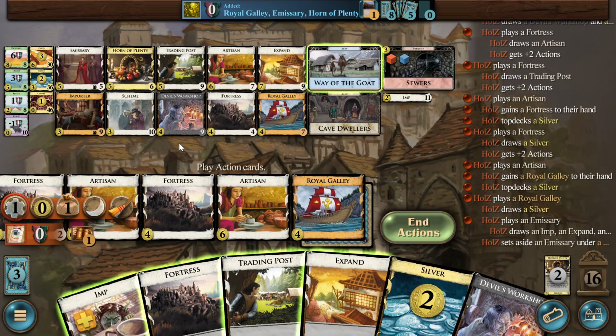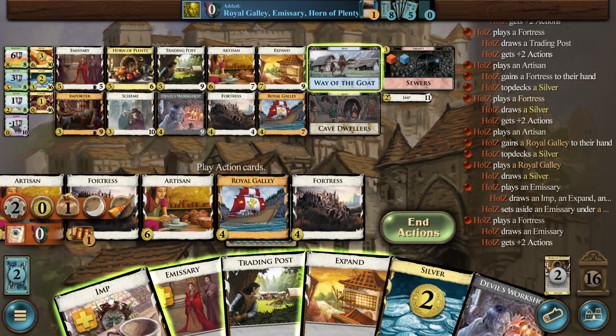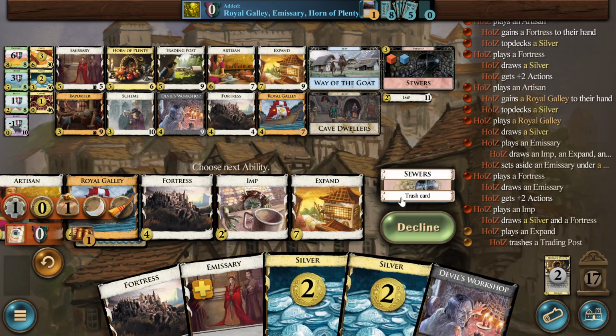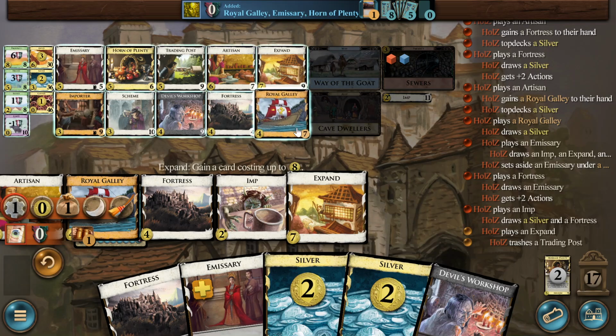Galley, emissary. Yeah. Fortress. Yeah, now we can play the imp on the trading post. I think I'm happy with these two silvers because they can buy a fortress, galley and stuff. Yeah, now we can get the galleys. Now we are ready. And I think here the horn is probably the best. Because if we get an artisan,